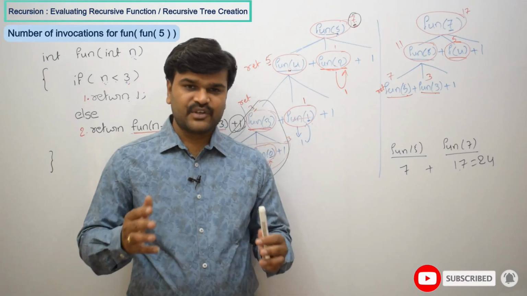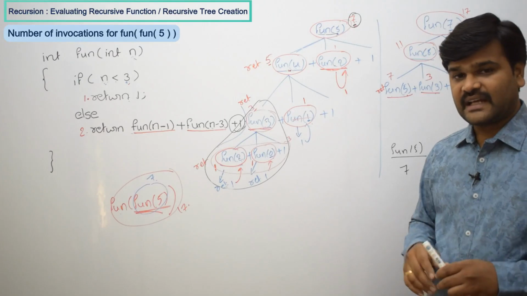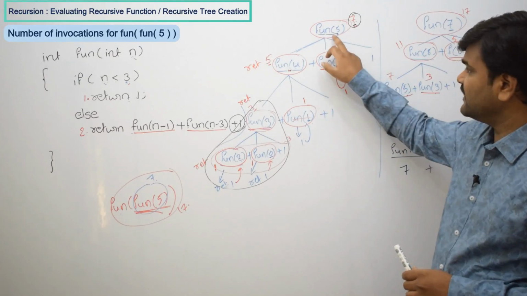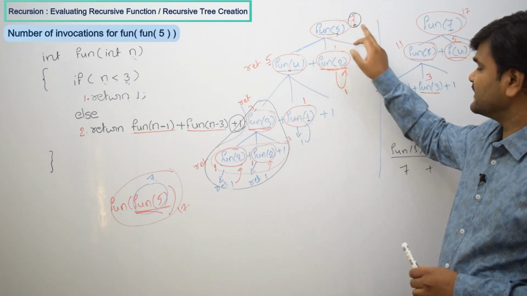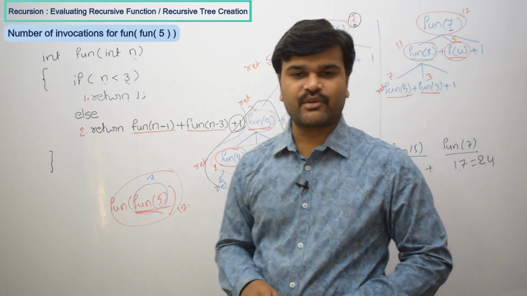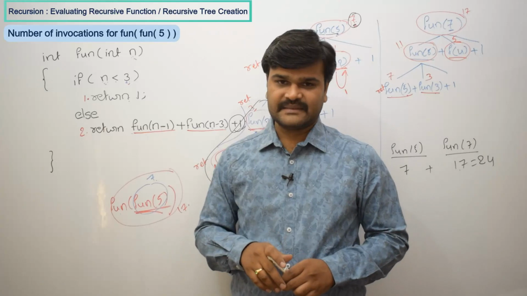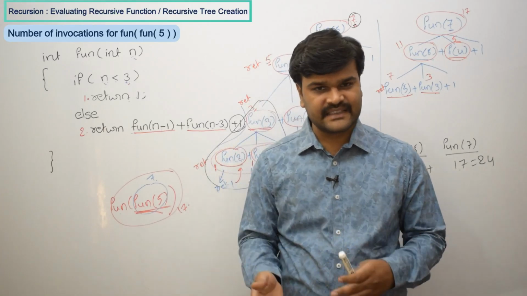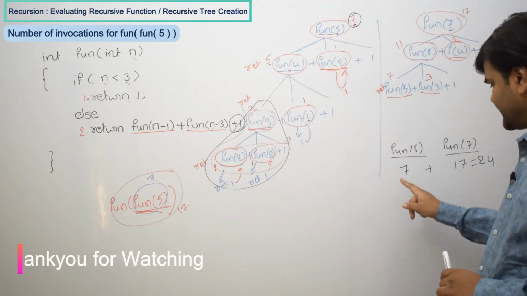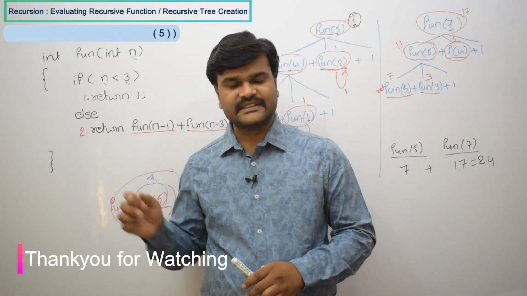Of course, this feature we are going to use in dynamic programming actually. We are not going to evaluate this type of function again, because if you already evaluated it, that result we are going to replace directly here. That feature we are going to observe in dynamic programming, but it is not implemented in this function. That means memoization is not there here, so we have to execute completely. That is why a total of 24 function calls are happening in this recursive function.